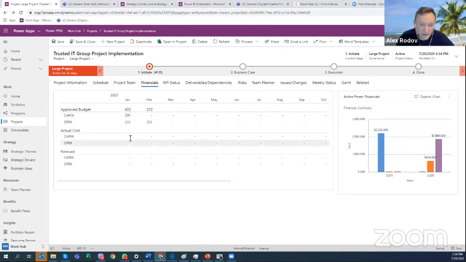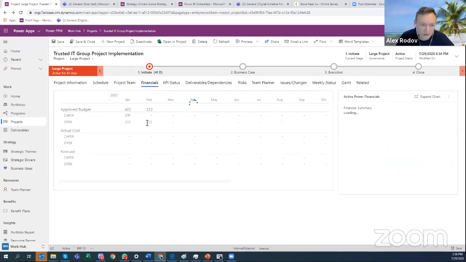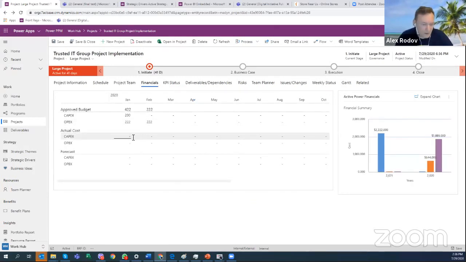Then we can look at our costs, and we can simply start adding cost to the project. So we'll just say this is 22, this is $33, and we can also support multi-currency if we need to. But this is an example of how we can quickly update, Excel-like, very, very simple. Quickly update our expenses. We can also put in the forecasts, and now we have basically 3 rails